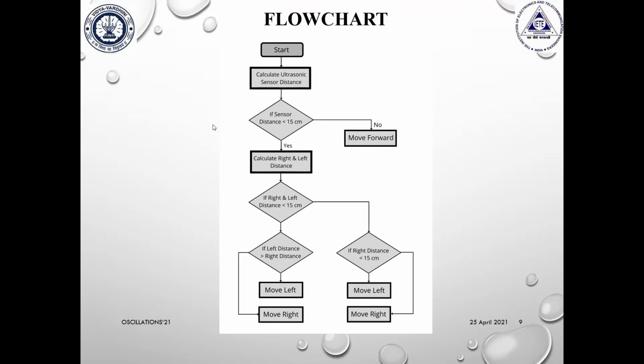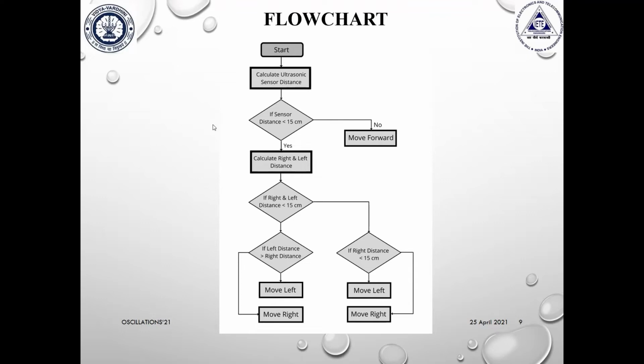Now with the help of this reading, the Arduino UNO board, and in the code it will process whether the left or the right distance is greater. So if the right distance is greater and on the left there are a lot of closer obstacles, then the car will make a decision to go to the right, whereas if the other case is there, then it will make a decision to go to the left.